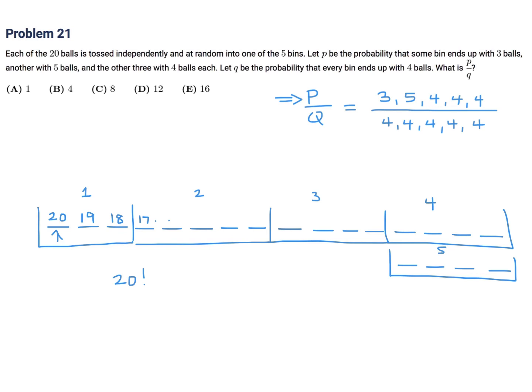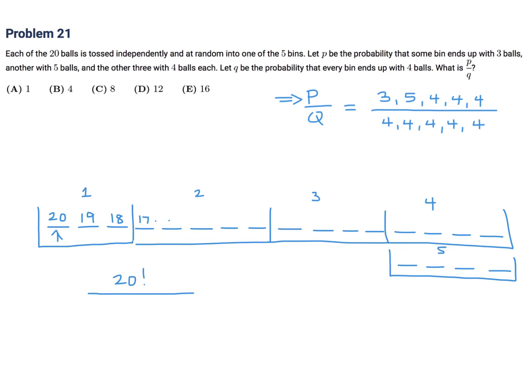But it's obviously not that simple, because this overcounts. Actually, overcounts is the better word to use. It overcounts by a lot. So we have to divide by several things to ensure we don't overcount. So what do we divide by? How do we decide what to divide by? Well,